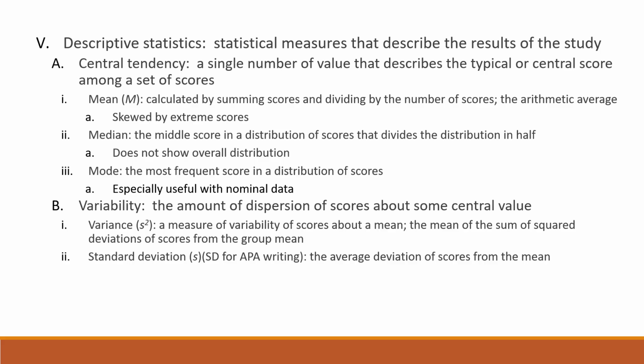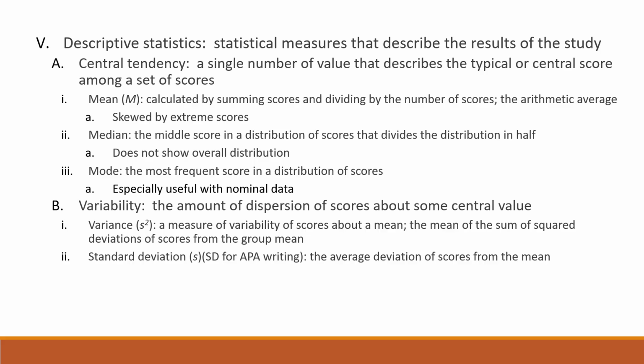In addition to central tendency, variability is also important because it tells us more about what's going on in our dataset. It's defined as the amount of dispersion of scores about some central value. We have a couple of different ways of representing this. First is variance, which is indicated by a lowercase italicized s squared, which is a measure of variability of scores about a mean. And we calculate it by looking at the mean of the sum of squared deviations of scores from the group